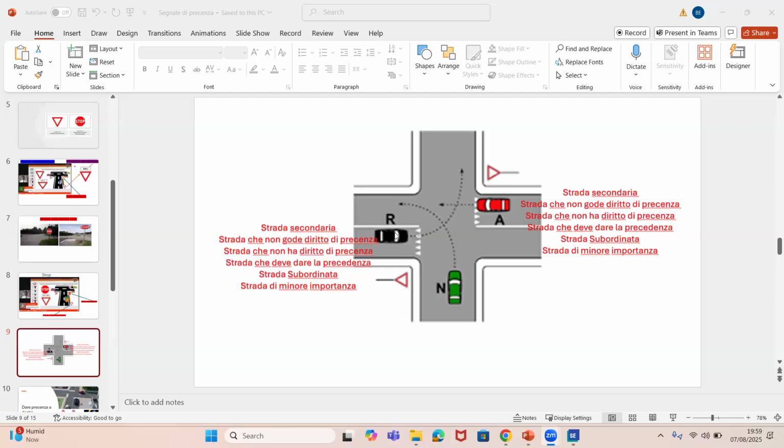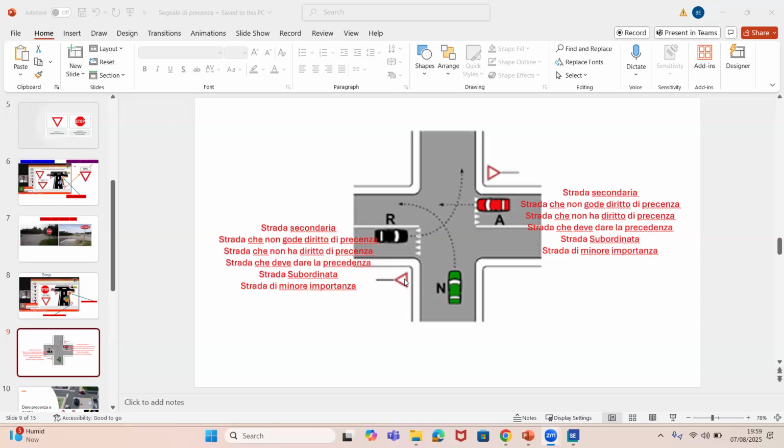Now, it's not only this, follow me. Also, remember, you can see STOP here. The topic is direct precedenza. I'm teaching you guys those roads that will give way, and I'm telling you the names they call them. So it doesn't matter whether you see STOP or direct precedenza. We are checking the names they call those roads.